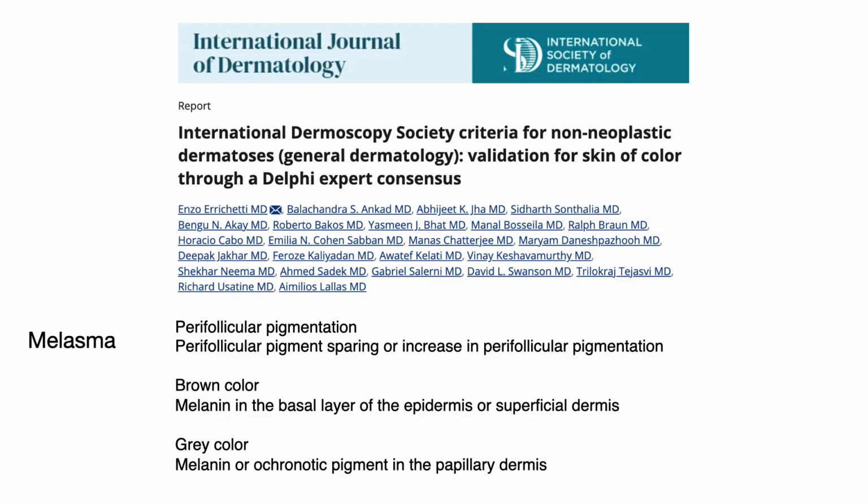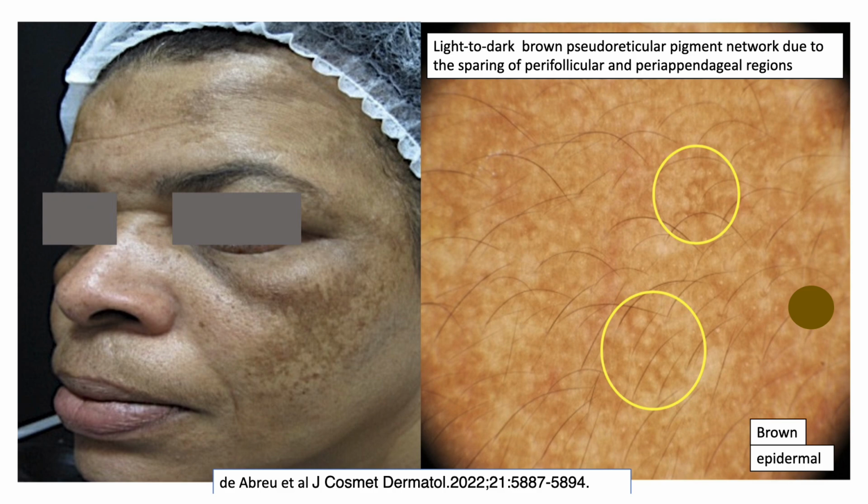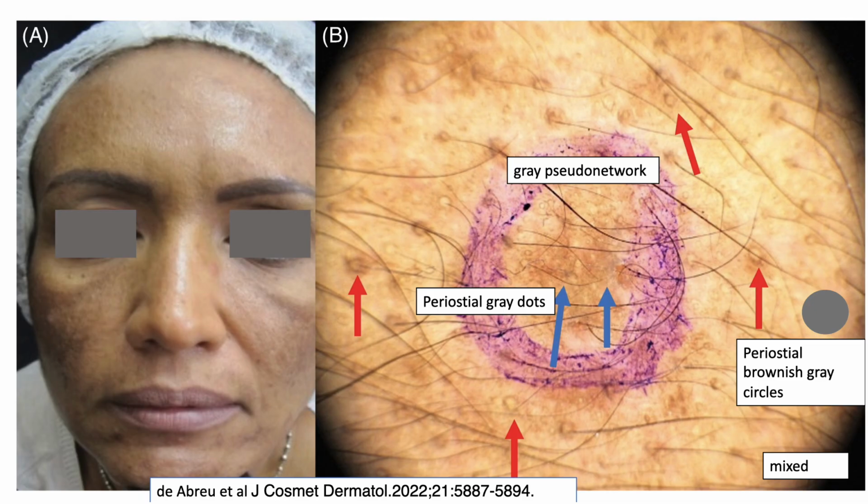The dermoscopic feature of melasma is represented by perifollicular pigmentation, with perifollicular pigment sparing or an increase in perifollicular pigmentation, as we're going to see here with these two cases. This lady's dermoscopic pattern is mainly represented by a light to dark brown pseudoreticular pigment network, sparing the perifollicular area. While in this lady, we can observe the prevalence of a gray pseudo network with some periostial